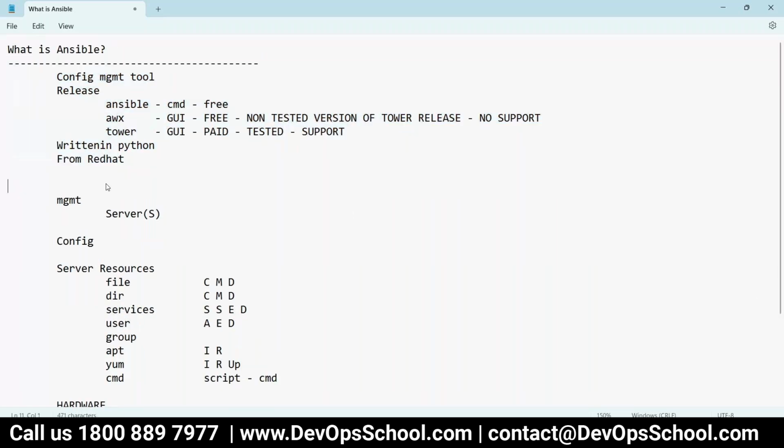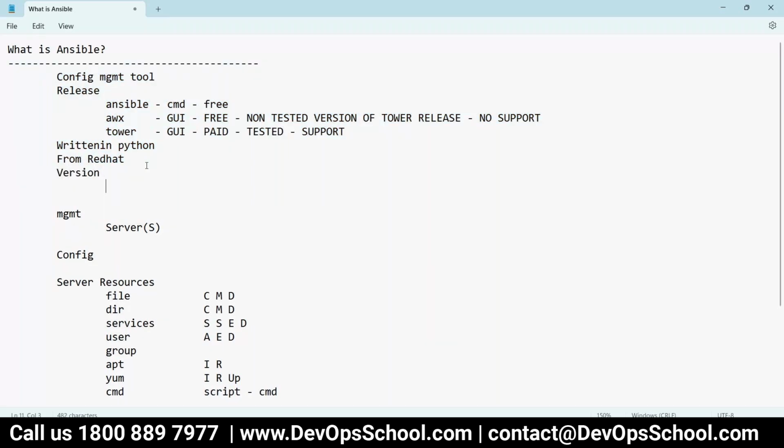So Ansible is a config management tool, and I'm teaching you the Ansible command line, the free version of it, written in Python, from Red Hat. Now, if I say the version, I may not be 100% right, but it's 3.6, I think.